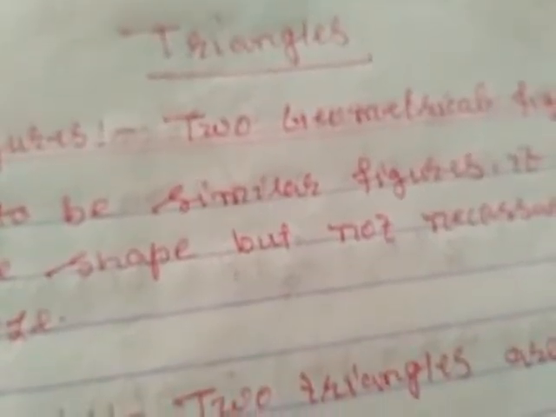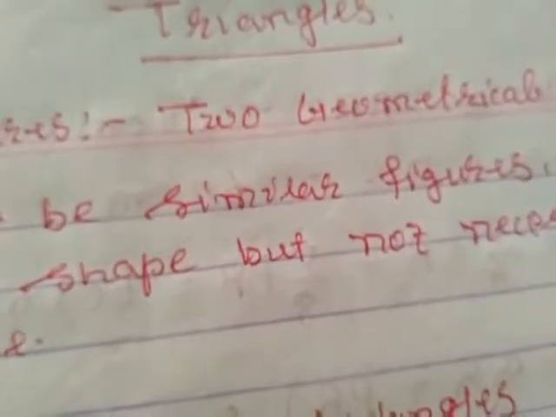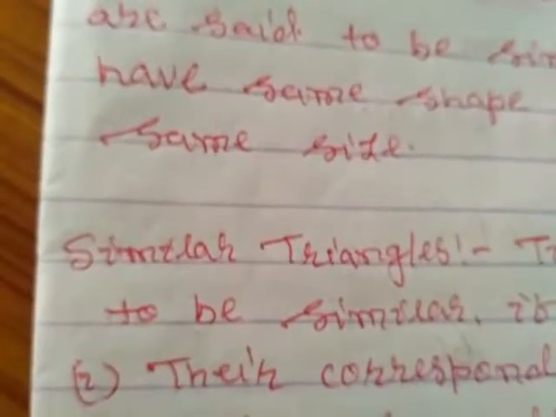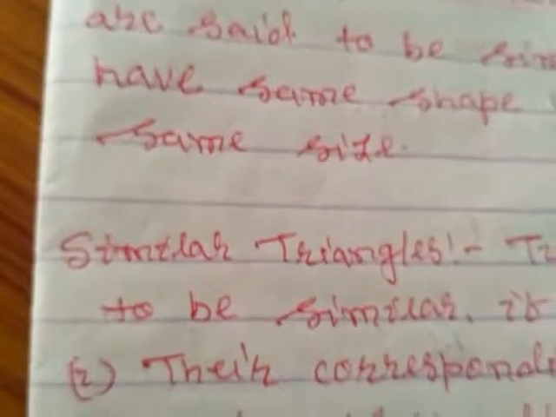For example, in our day-to-day life, we can take the example of two coins of rupees 5, two squares having the same side, two circles having the same radii. These are all examples of similar figures. But in this chapter, we have to learn about similar triangles only in detail. So here is the definition of similar triangles.